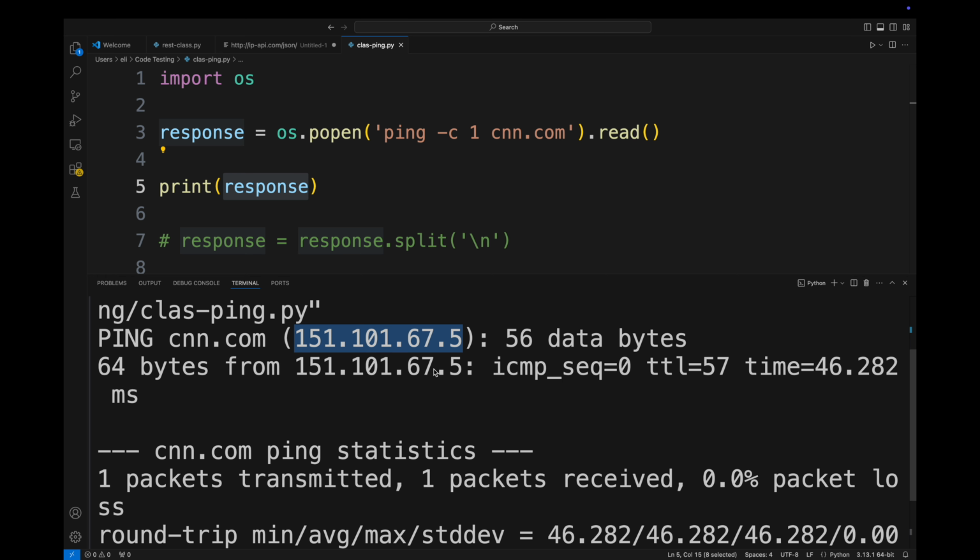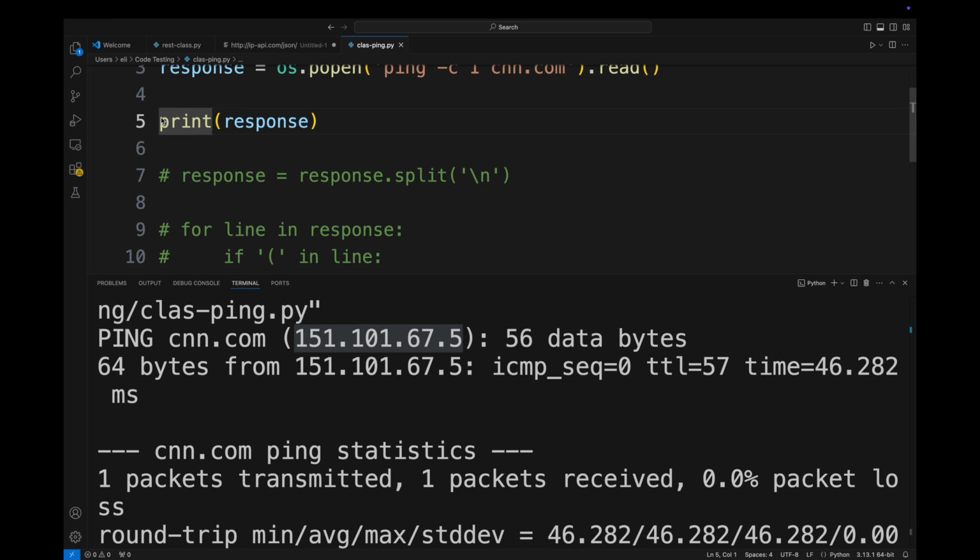But here's the thing. What if all I want is that IP address? I want to take that IP address and put it in a database. Let's say I'm having issues with connectivity to a software as a service provider, and I think it might be because of a specific server they're sending us to. Maybe there's a cluster of servers, and it seems like we might be getting redirected to one particular server that's having a problem. So I want to ping every once in a while to see where I'm directed to, put all of that into a database, and then be able to analyze it later. So I want to be able to save that type of information.